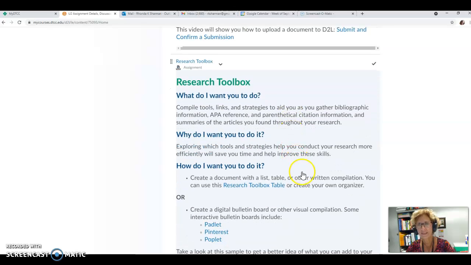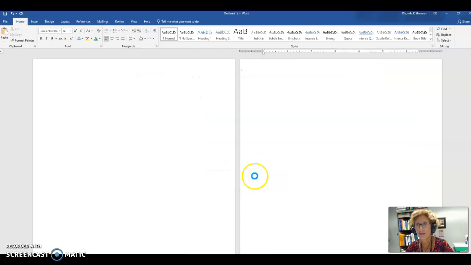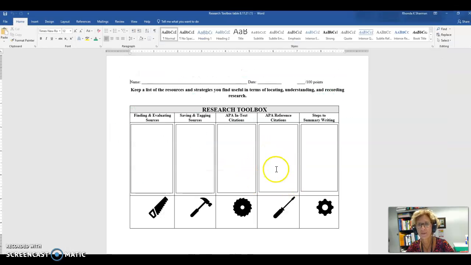So what this is, is a compilation or collection of tools that you use as you're conducting research. So what are the different resources that you use when you're trying to find information on a particular topic? And what you're going to do is create a sort of list or table that lists all the different tools that you used. So let me show you, there's a link to that document, and you can see that there